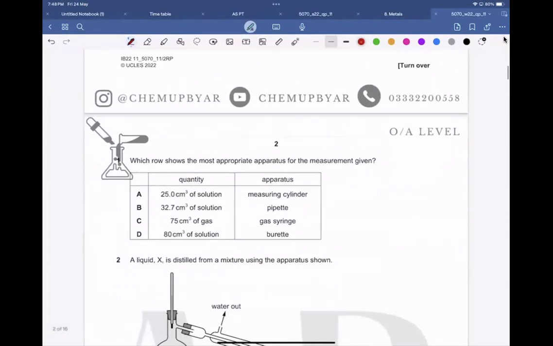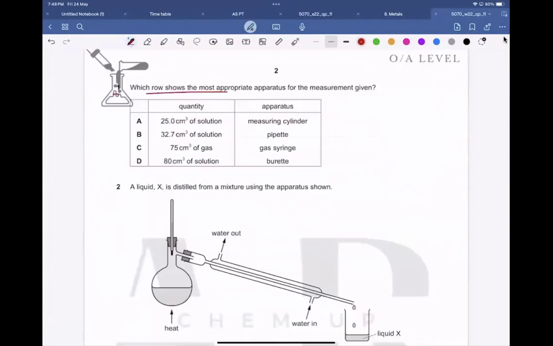So, 25 centimeter cube of solution, measuring cylinder. Yes, this can be 32.7 centimeter cube solution. Pipette. A pipette doesn't record like this. So B goes wrong. 75 centimeter cube of a gas